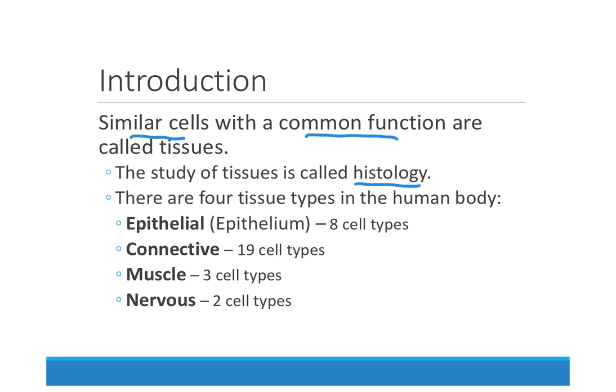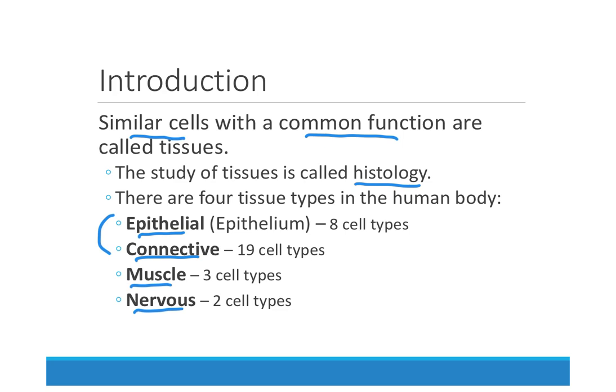two short videos. There are 4 tissue types in the human body, only 4. There is epithelial tissue, which is also called epithelium, and there are 8 different cells involved in epithelial tissue. There's connective tissue, which has 19 different cell types, muscle tissue with only 3 cell types, and nervous tissue with 2 cell types. This video is going to focus primarily on these first 2 categories, and the second video picks